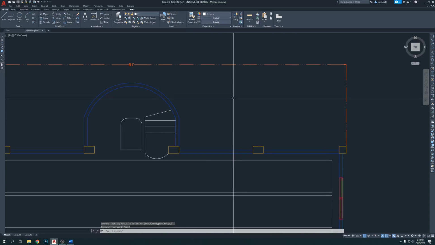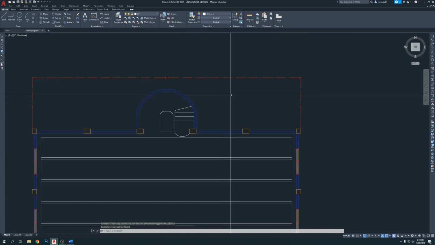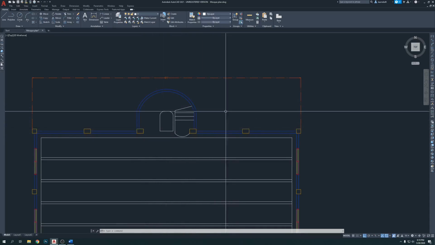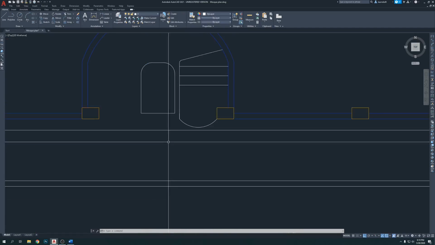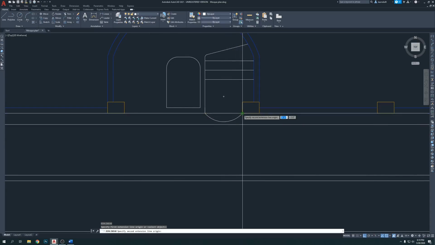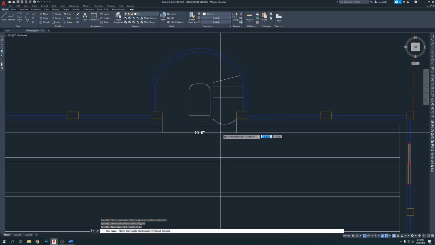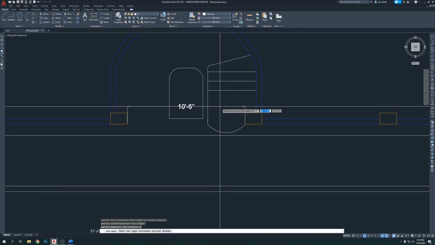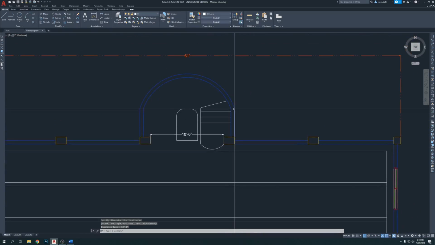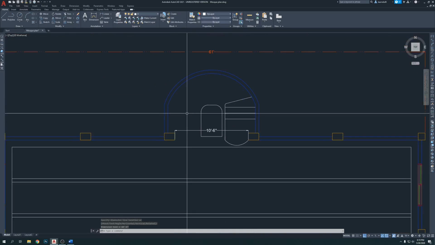What you're gonna do, just outline to outline, yes, and they might want to know this in between how much. So let's put DLI clearance from here to there is 10 feet 6 inches, and